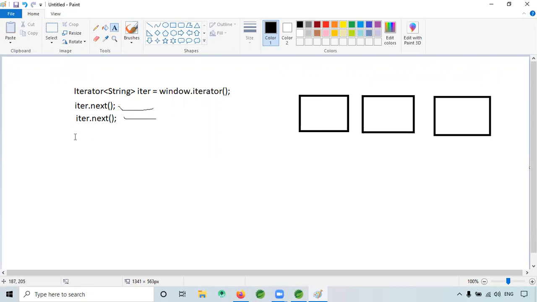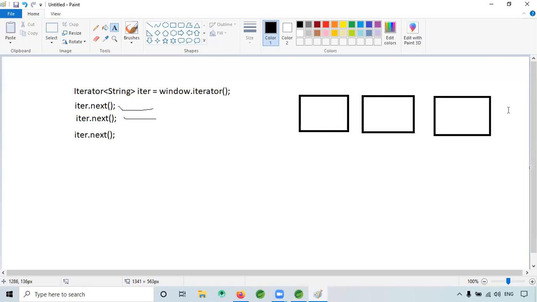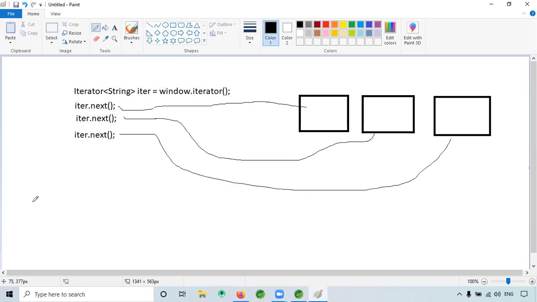If you want one more window, this is iter dot next like this. However many tabs you open, whatever variable you store will work for that window. This iter dot next will work for this window, and this one is for this window. Like that it will work.